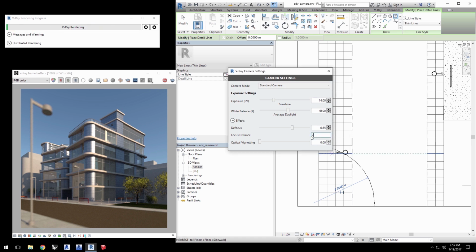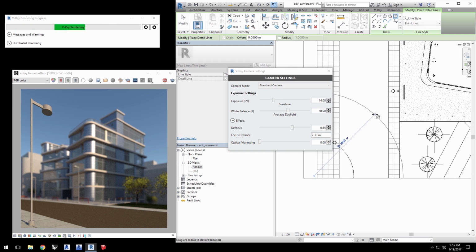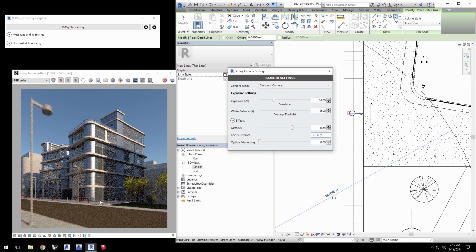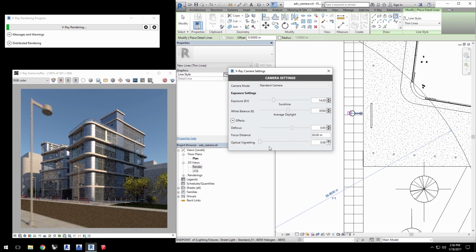So go ahead and enter 7.3 meters for the focus distance, and we'll see that the lamppost is in sharp focus. Now draw a circle from the camera to the front corner of the building to get a distance of about 30 meters. Enter that into the focus distance, and so that corner remains in focus no matter how we set the defocus value. I'll set the defocus value to 0.65,